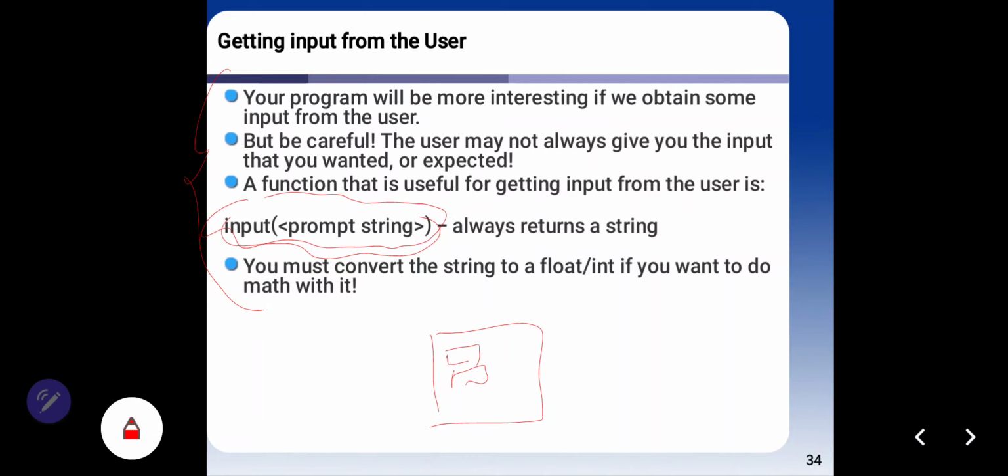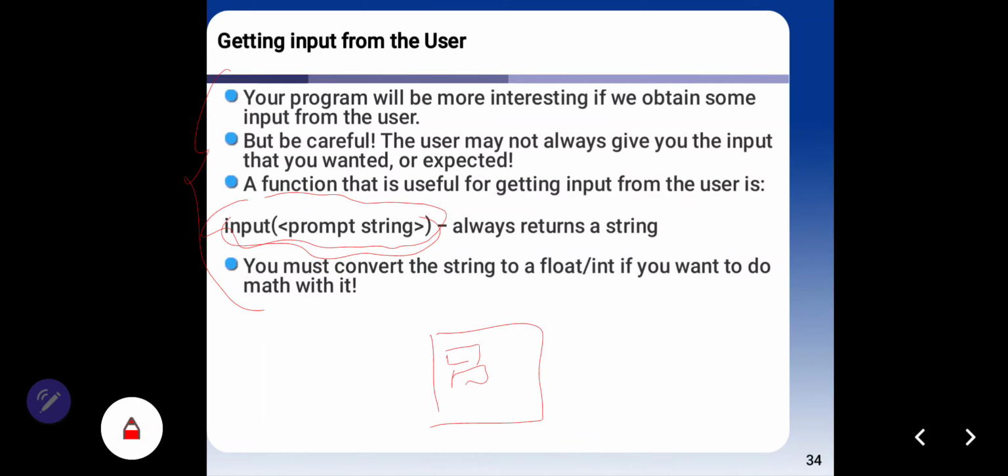But for static, maybe you have given a static value, for example 10, and every time this value is the same. But be careful, the user may not always give you the input that you wanted or expected.